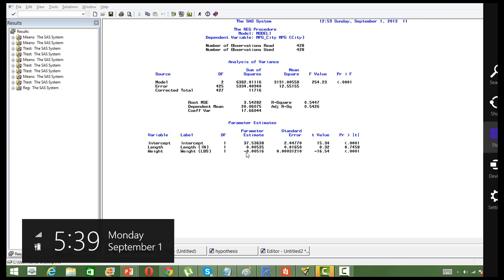If you increase length by 1 unit, then mileage will decrease by 1 unit. Mileage doesn't have anything. This is an insignificant variable, sir. I mean, the way we saw it, it is negative, so we could conclude. But this is a positive value, so how are we not able to conclude? But we say that it's an insignificant variable. What does that mean? But then that is just based on this value, right? This specific value. Yes, sir.